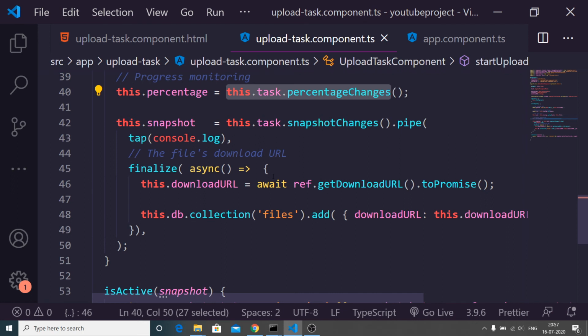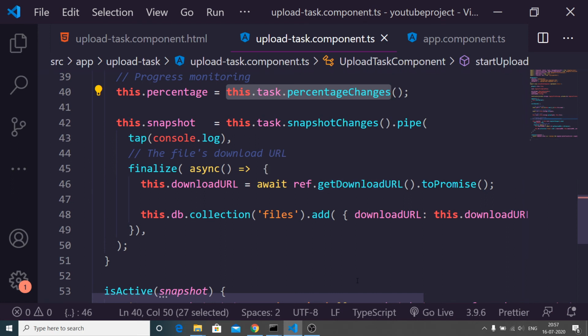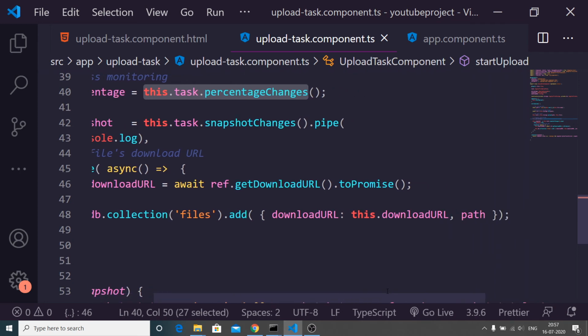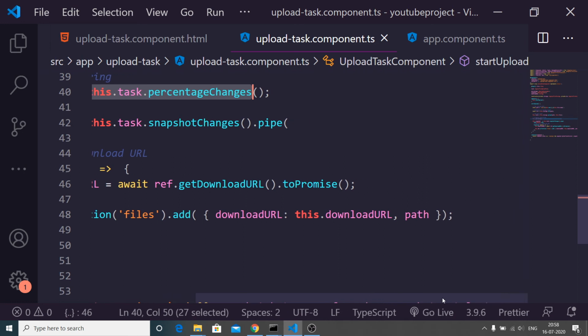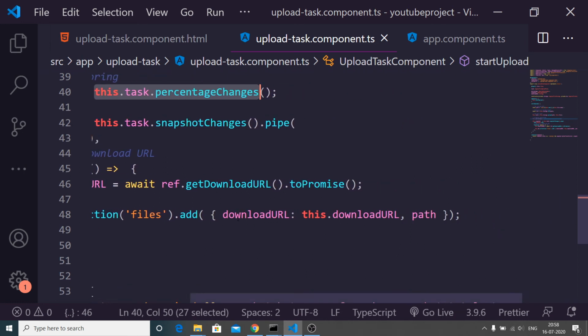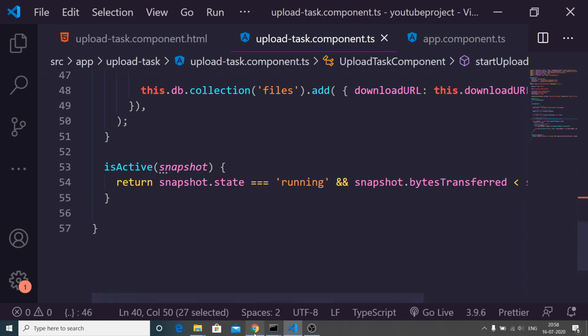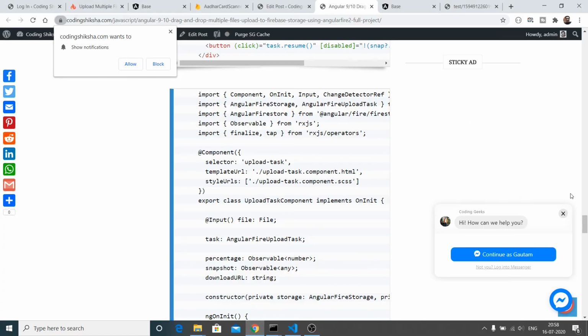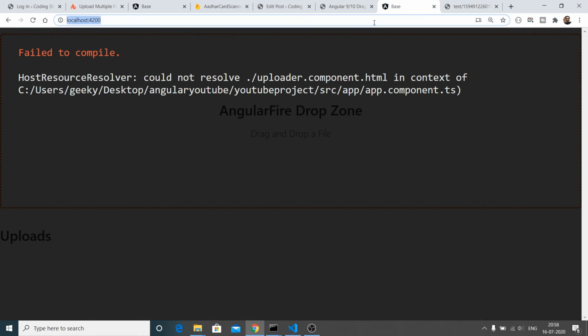Once the upload is completed, we get the download URL using the property downloadURL. Lastly, once the file is uploaded, we add this to the Firestore database. It has two properties: first the download URL and second the path of the image. That's it. I think the application is completed and no more code is needed, so I can test this application.